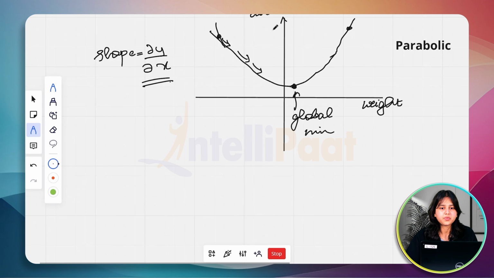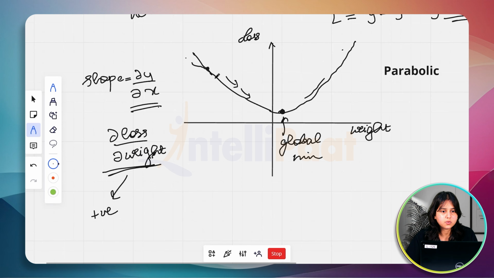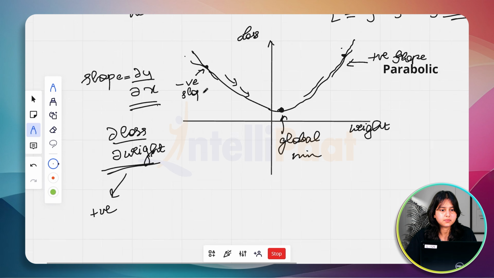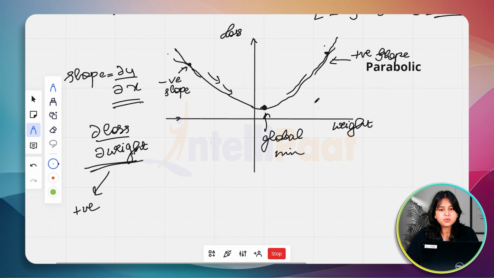That gives us the slope. Y is nothing but loss and x is nothing but our weight, right? So at this point we would have our slope somewhere over here, and at this point somewhere over here, right? So this over here is our positive slope, and this over here is our negative slope, right? So whenever we have our slope as positive, we have to go in a direction